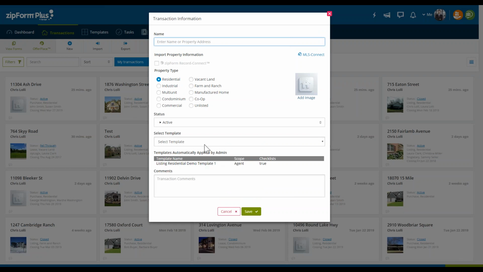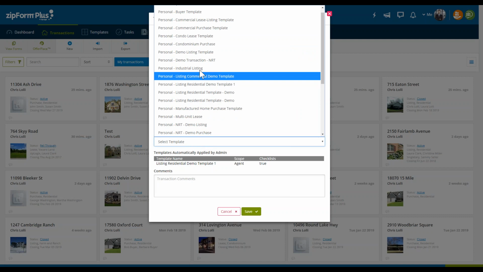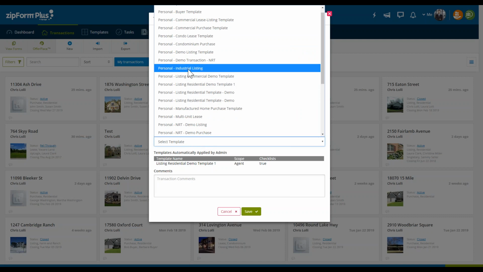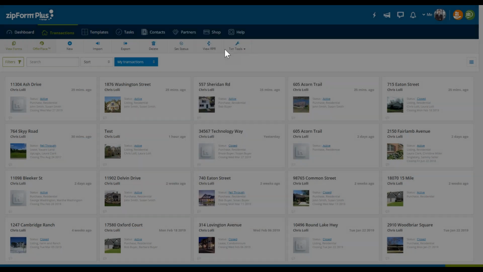But I also still have the capability to select any additional template I want. So I have something that's covering an industrial listing. In this case, that wouldn't necessarily make sense, but I can always choose multiple templates to apply to one transaction. Good question, though.